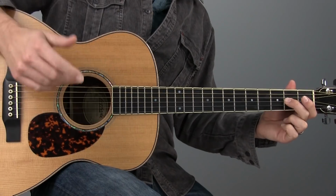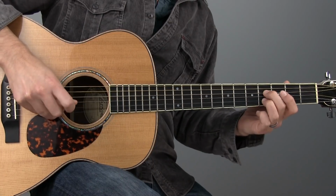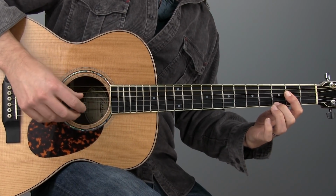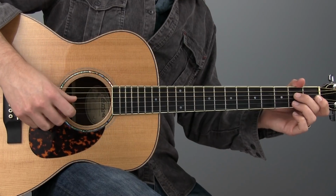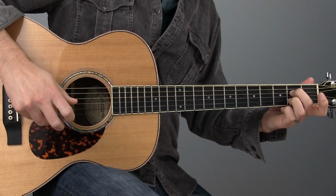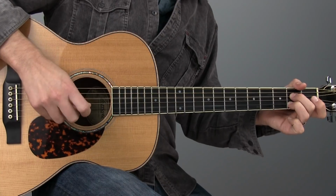Then we're back in A, and we're going to do this move, which has a lot of chromatic sounds going on. So what's happening there is let that bass ring, that open A, then we're going to fret more of a traditional A7 right here, and we're going to move that shape. So I'm just plucking the 4th and the 2nd string,